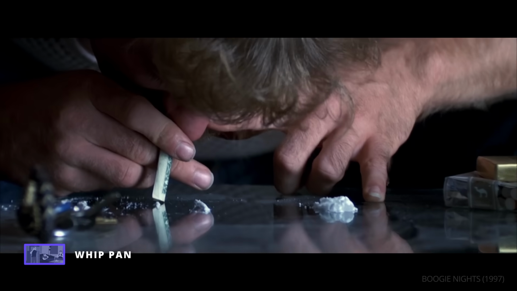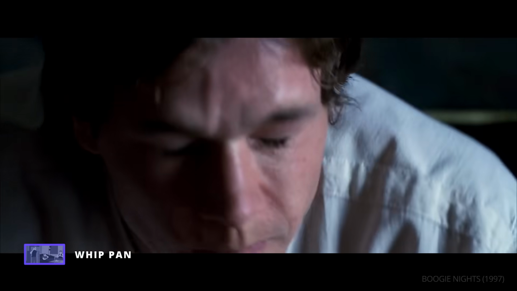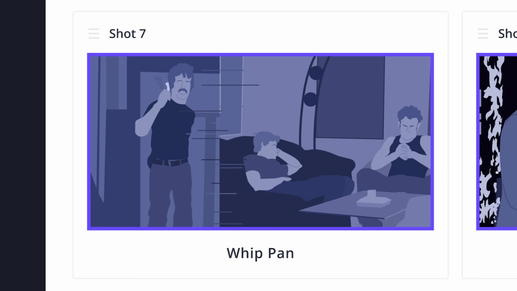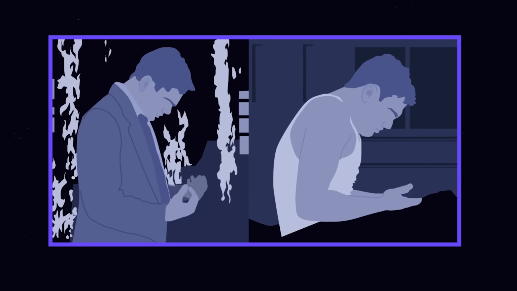Simply cutting between these scenes wouldn't give us the dizzying effect that accentuates their hectic mental state. If you're looking for a rather abrupt editing transition rather than something smooth, look no further than the smash cut.